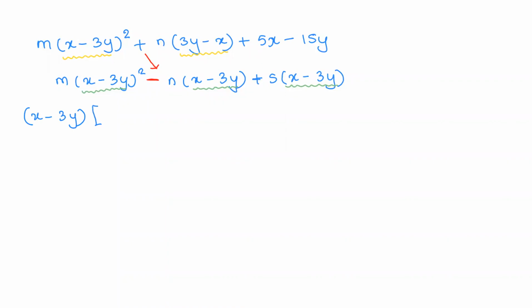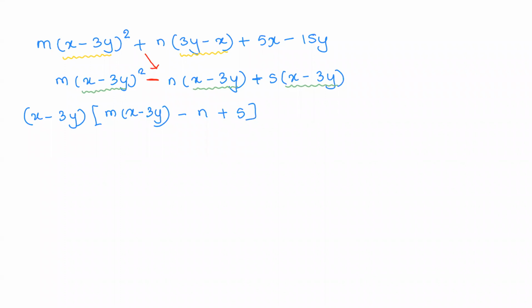When we take out x minus 3y common, inside the big bracket, there are 3 terms. In the first term, x minus 3y दो बार आता है, तो उसमें से एक बार अगर बाहर चलेगा तो एक बार का x minus 3y तो अंदर ही रह जाएगा. x minus 3y square है ना, तो अगर एक x minus 3y went outside, one still remains inside. Minus n. Okay, so this x minus 3y already gone outside. So we go to the next term, 5, क्योंकि 5 के साथ वाला x minus 3y already outside.